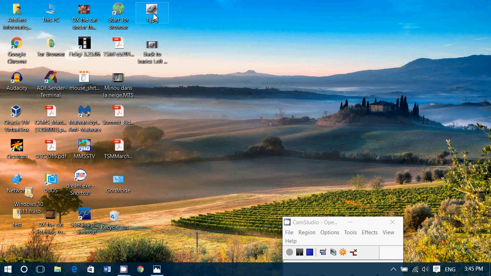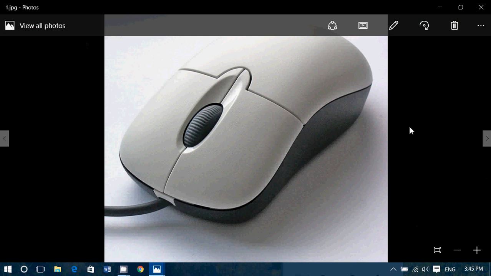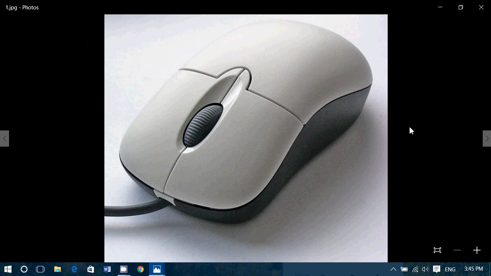Welcome to this Fixit channel, and today in our Back to Basics we're going to examine what's the difference between the left click and the right click on your mouse. This is something that is probably one of the most misunderstood features, and the mouse is the thing we use